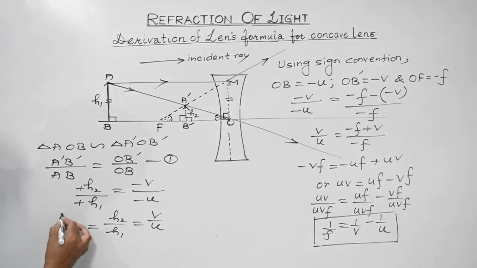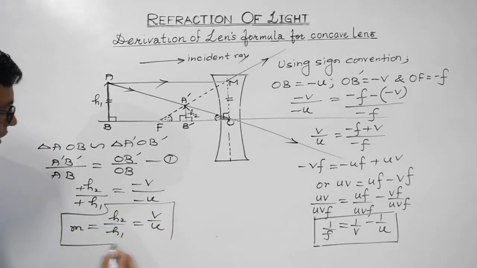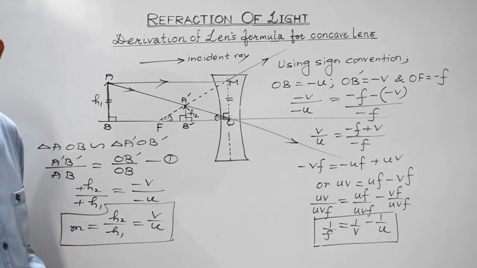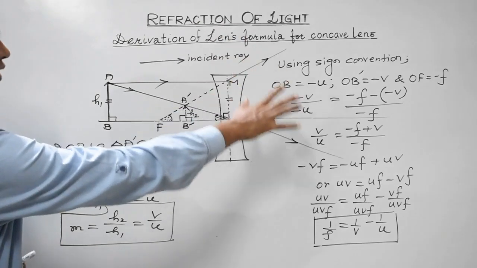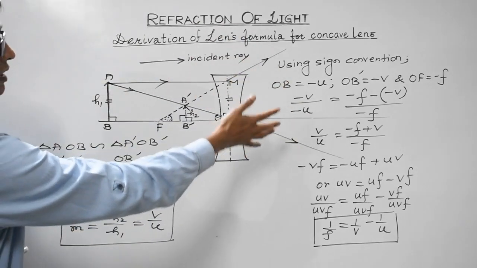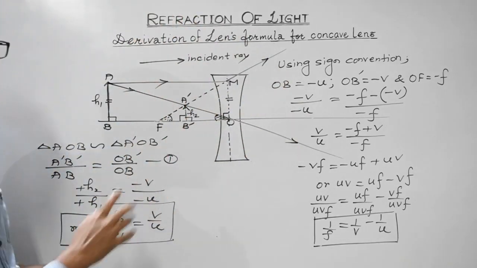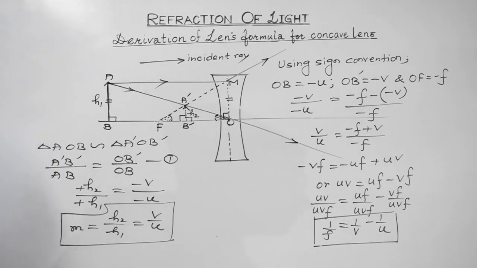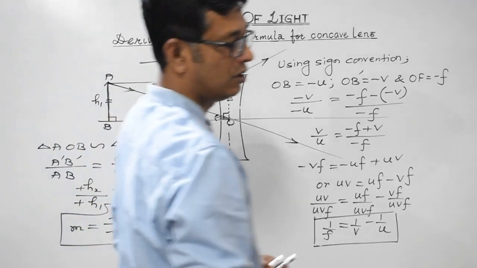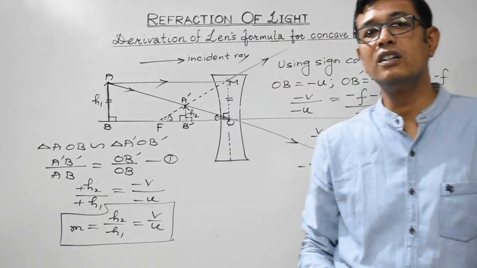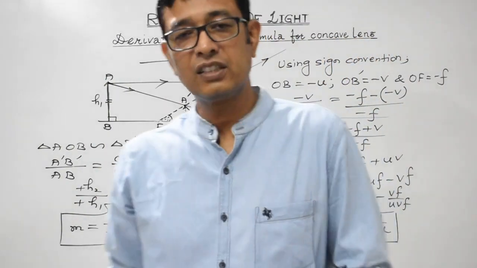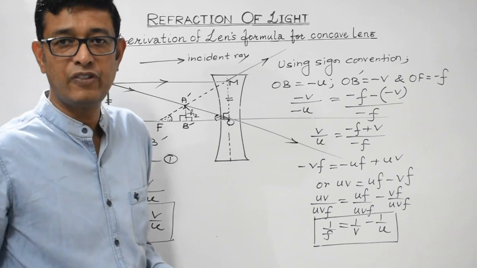So this is the expression for the linear magnification. Clear? So in case of concave lens, we have mathematically derived both the lens formula as well as the expression for the linear magnification. So before we start with the numericals based on the lens equation and linear magnification,